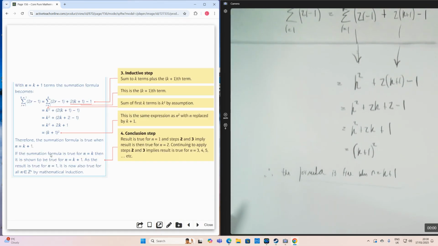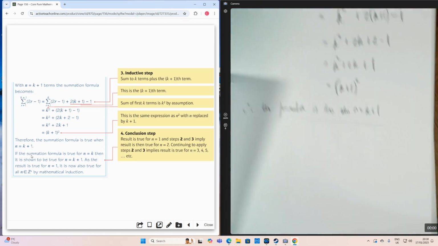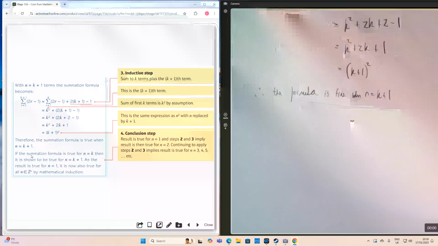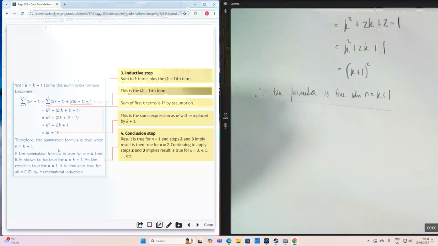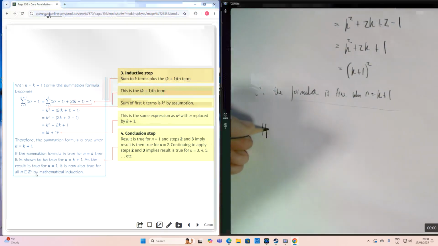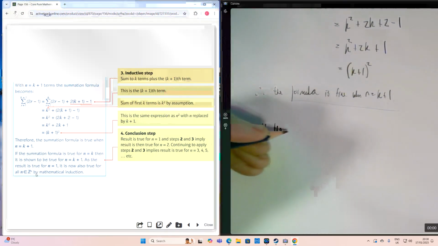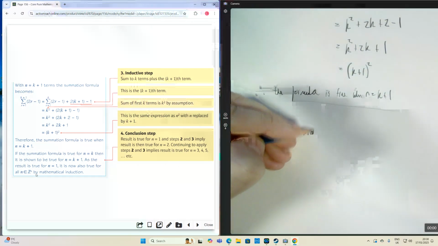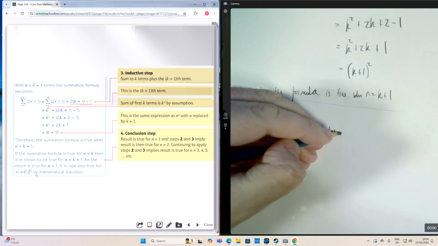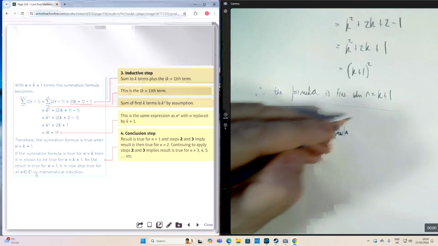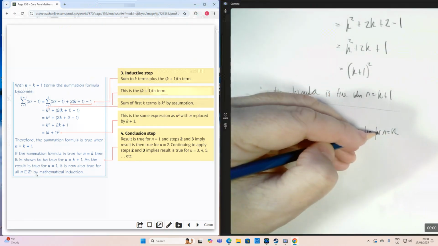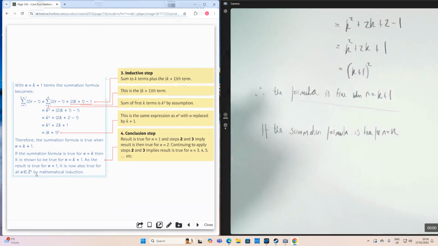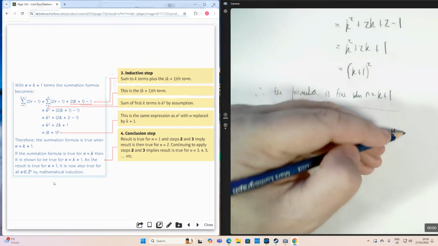So this last step is crucial. It's the step on which everything hangs. And if you don't get this statement described correctly, you will lose marks for sure when you come to do it in the exam. So what we've got here, this is the sentence that's key. So if the summation formula is true for n equals k, then it has been shown to be true,